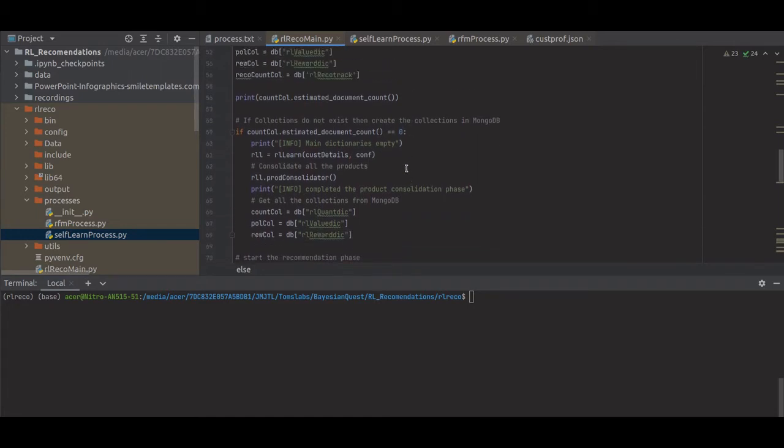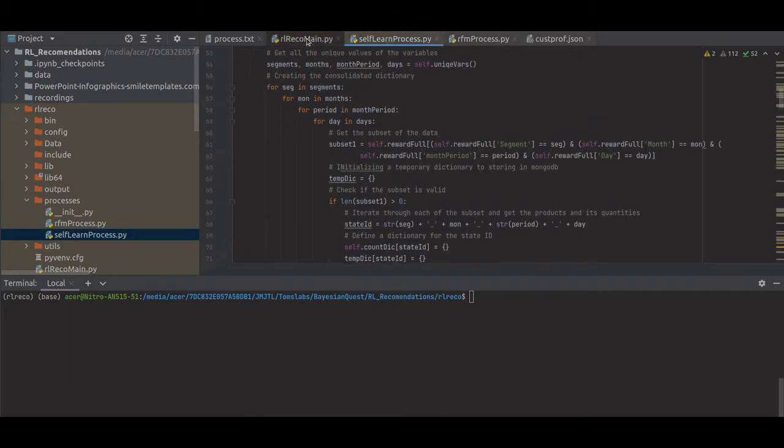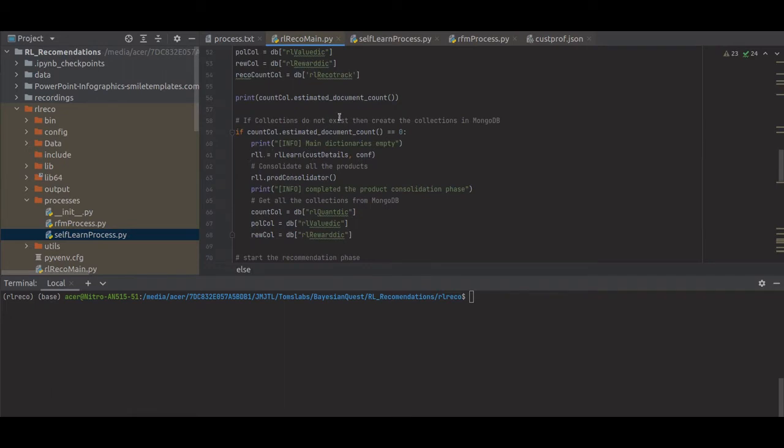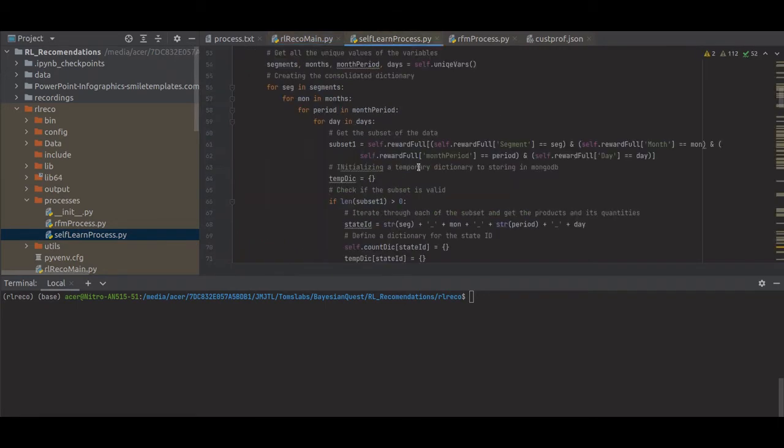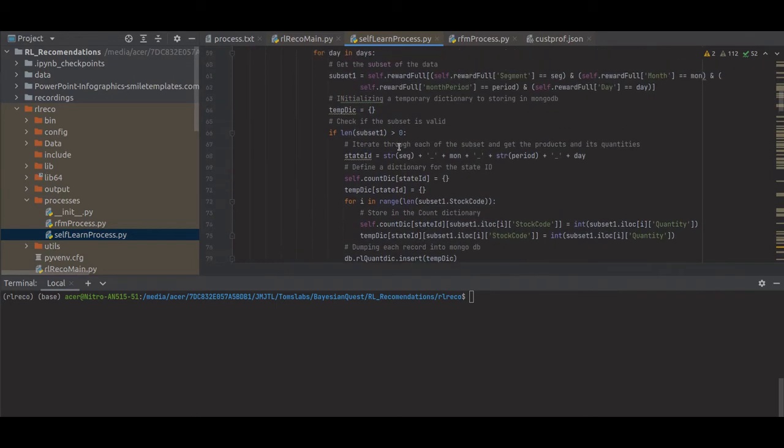So we will have to do the initialization using the RLLearn class which we have talked about. We are initializing the RLLearn class, and we have seen that prod consolidator method. This is the prod consolidator method which we have seen in the last post, in post 7.